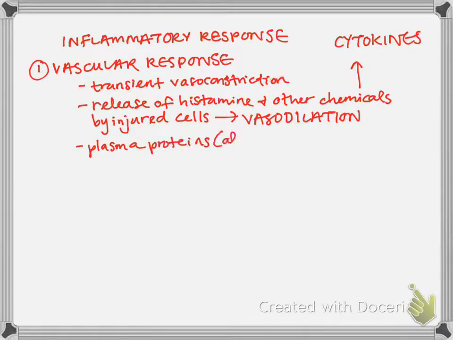Plasma proteins like albumin. So we have all these chemical mediators telling the vessel walls to become more permeable. The plasma proteins move into the interstitial space. When this is localized, when it has to do with an actual wound, it should be fairly contained. But imagine what happens all over your body if this is happening everywhere. Then you lose your vascular volume because it's all moving into the interstitial space. You don't have any oncotic pressure in your blood vessels. So this draws fluid